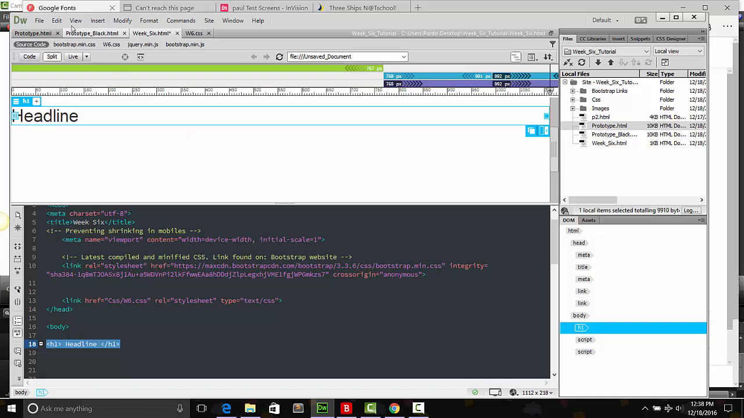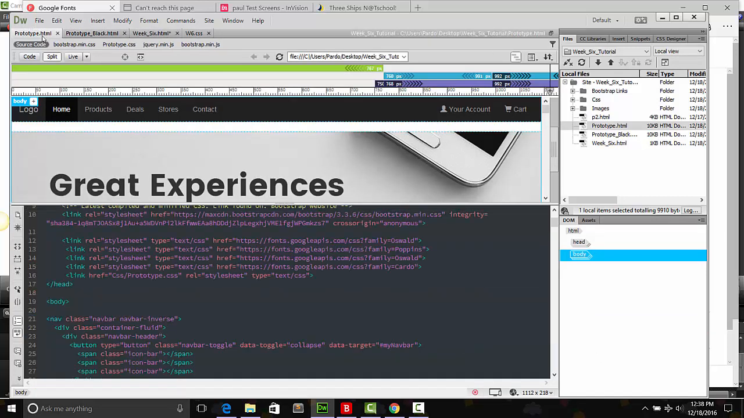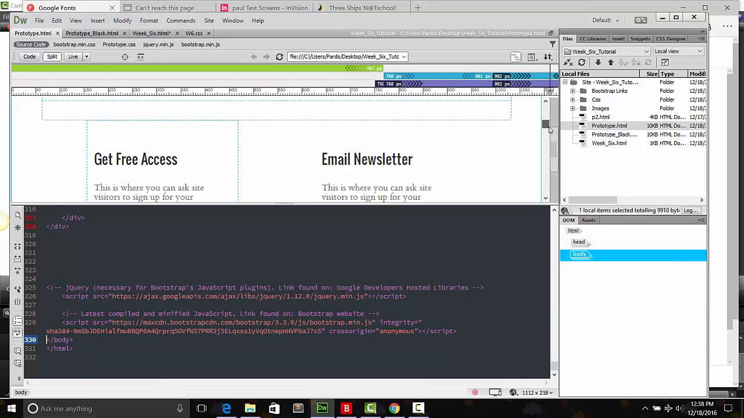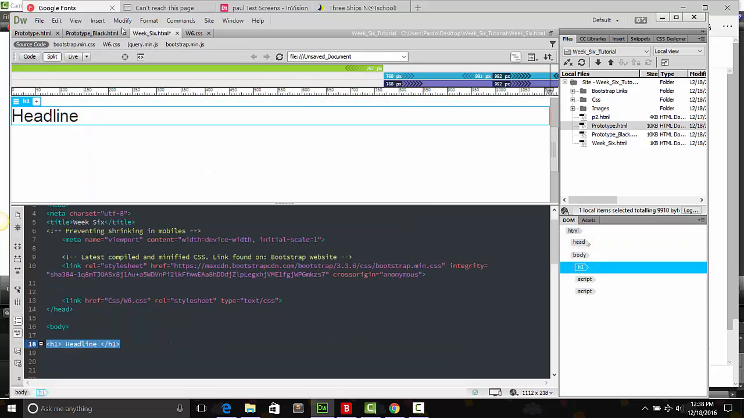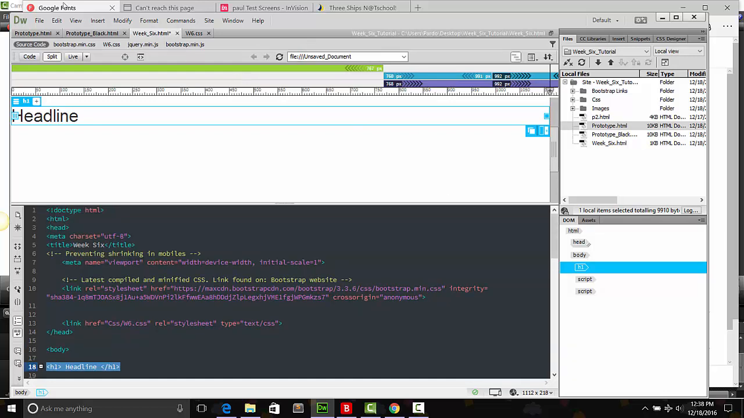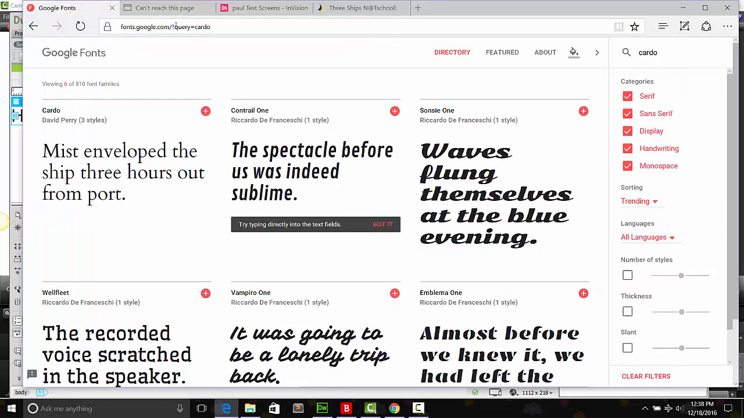Now you'll see by these websites or web pages that I've made before, there's a lot of really nice stylized fonts. So where we get these from is from Google Fonts, which is a really nice way to augment your pages. So we're going to go to Google Fonts just now. Just type in Google Fonts, and